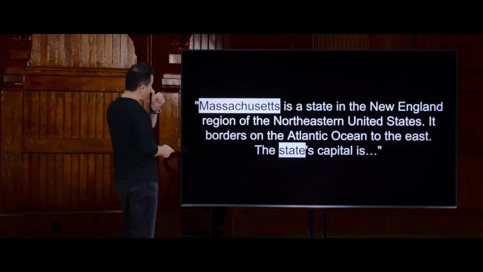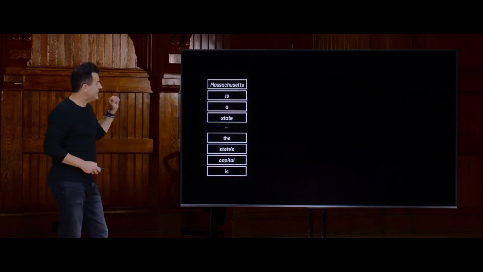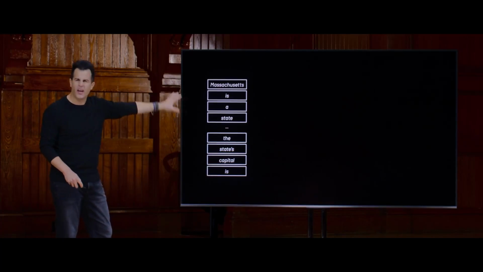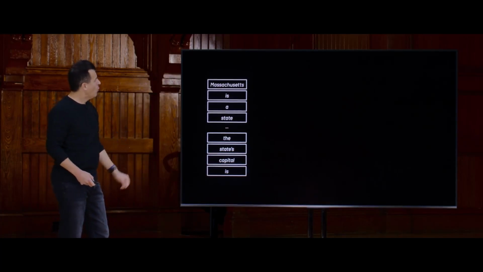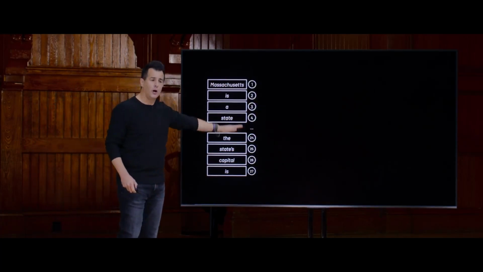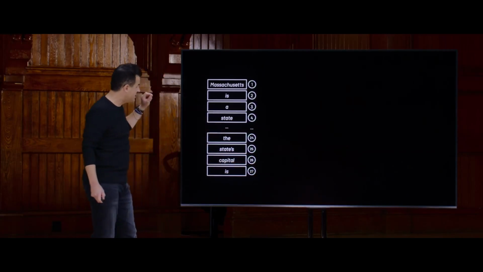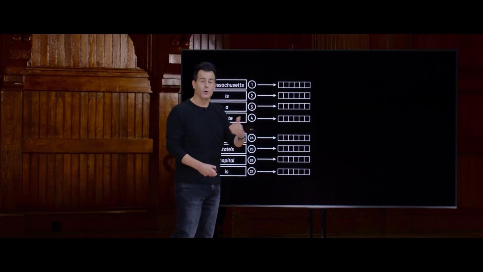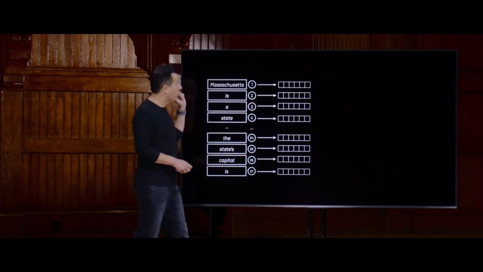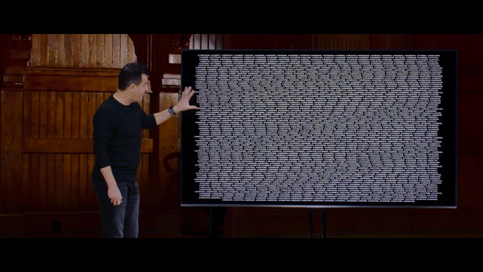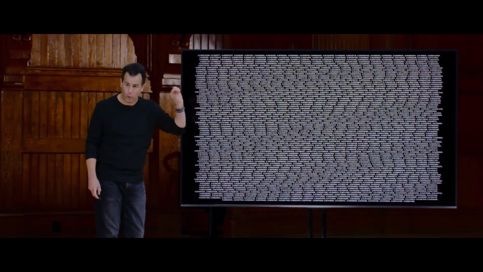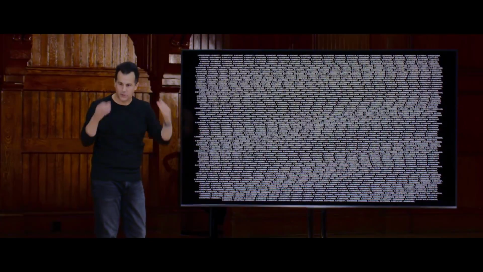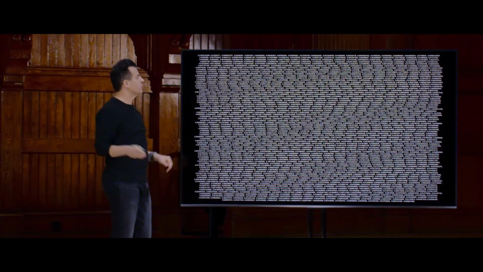So in a nutshell, what we now do, especially to solve problems like these, is we first break down a sentence or the training data or input alike into like an array or a list of the words themselves. We come up with a representation of each of these words. For instance, the word Massachusetts, if you encode it in a certain way, is going to be represented with an array or vector of numbers, floating point values, so many so that the word Massachusetts in one model would use these 1,536 floating point numbers to represent Massachusetts, essentially in an n-dimensional space. So not just an xy plane, but somewhere sort of virtually out there.